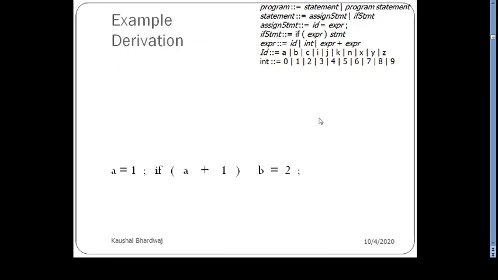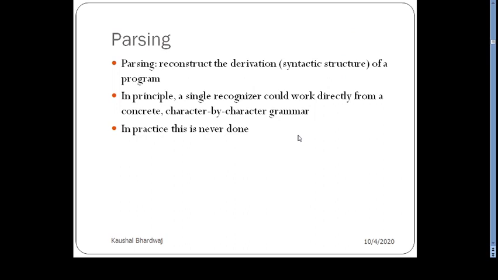Derivation, you would be aware how they are derived, right? We will see these things again. However, this is an example which can satisfy this grammar and can be accepted by this grammar. So what actually do we do in parsing? We try to derive it using the grammar. We try to reconstruct the derivation of the program. If we are able to construct it using our grammar, in that case we say we accept it, the syntax is correct. Otherwise we say that the syntax is not correct.